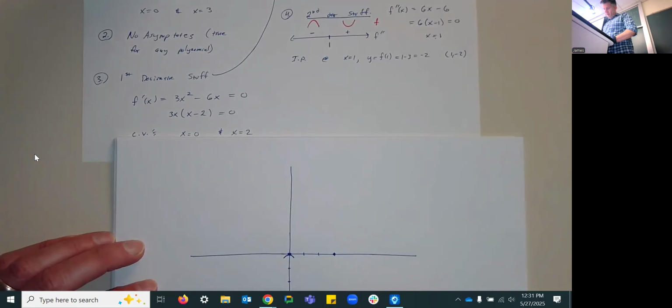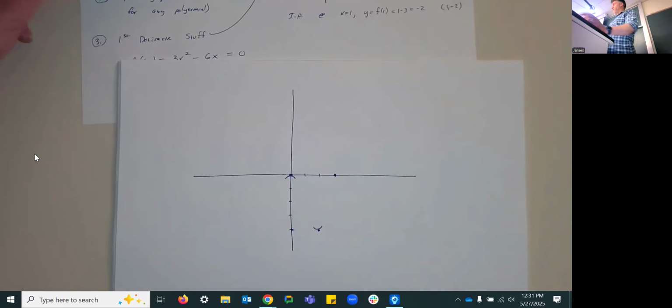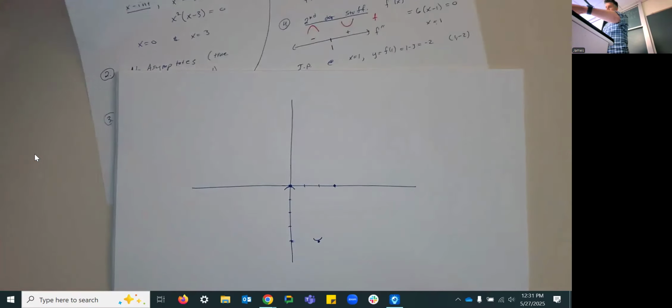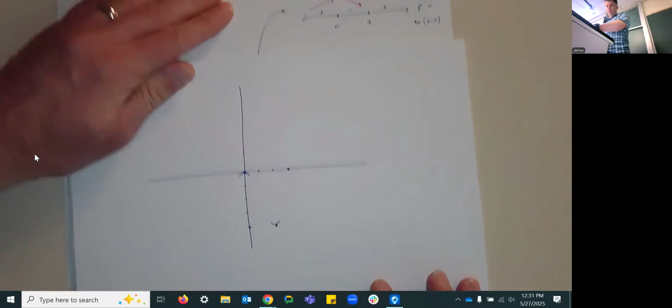I have a relative minimum, so it's going to be going like that. And I'm not going to worry about trying to draw any of the inflection point second derivative stuff at all. I'm just going to draw the graph using this first derivative information, meaning I know that my graph is going